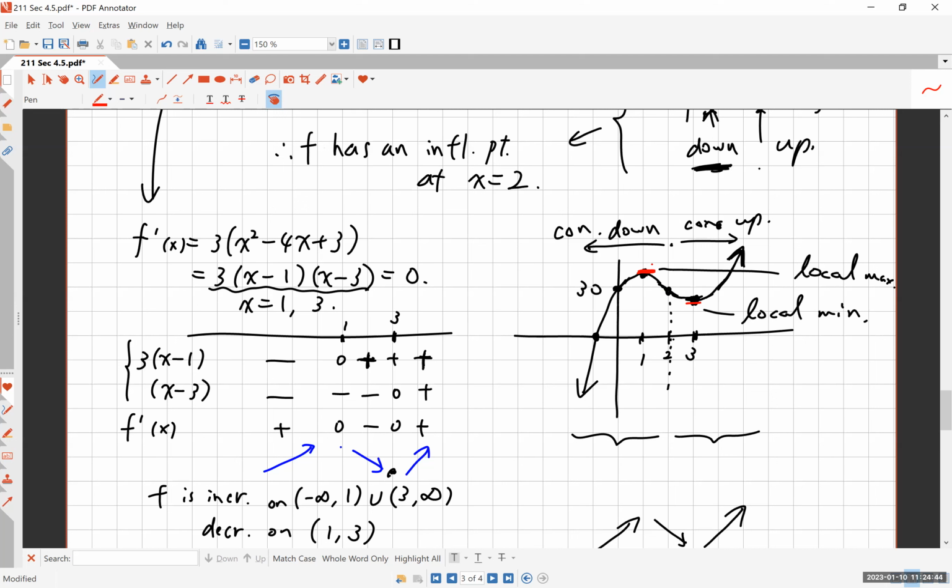And that seems to be indicating that you have a maximum. And concavity is up here, and you have the derivative 0. That seems to indicate that it's a local minimum. And that fact is the topic of the last part of this video for section 4.5, and it's called the second derivative test. And we will cover that in the last part of